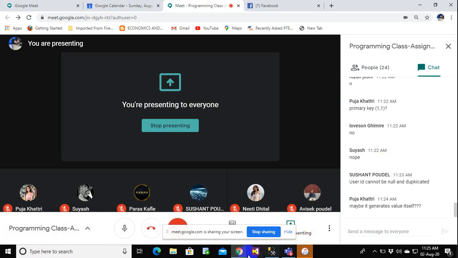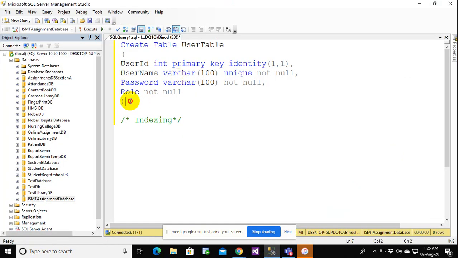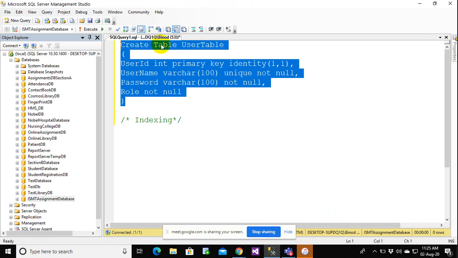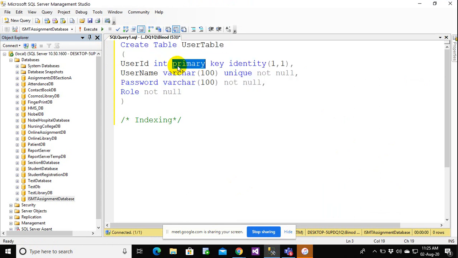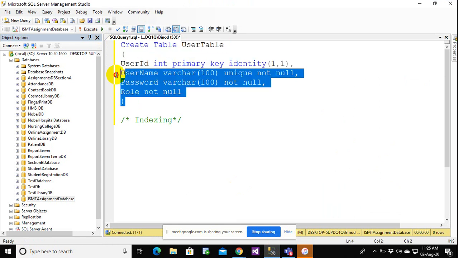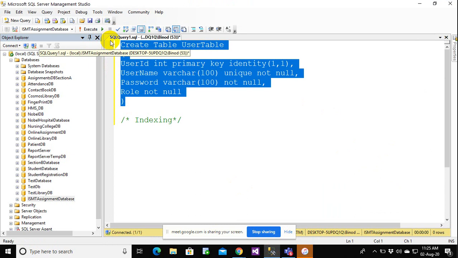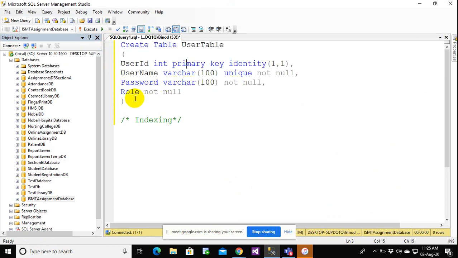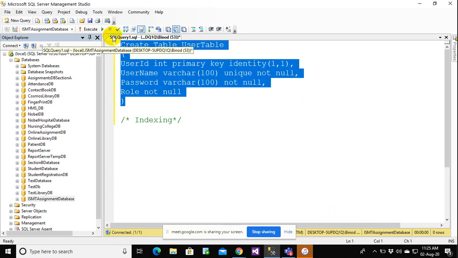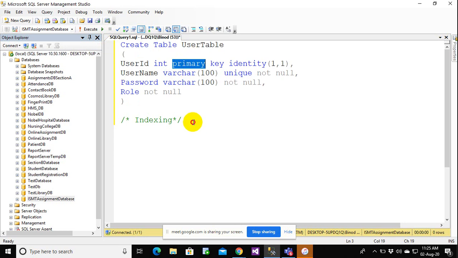Similarly, if you define this as a primary key, your data will be arranged in an appropriate fashion, so that whenever you try to retrieve the data, the retrieval rate becomes very fast. A primary key will help you to automatically index your data. If you do not put a primary key, your data may not be indexed and the retrieval time will be somewhat longer. So that's why you might need to use a primary key for faster retrieval of the data.